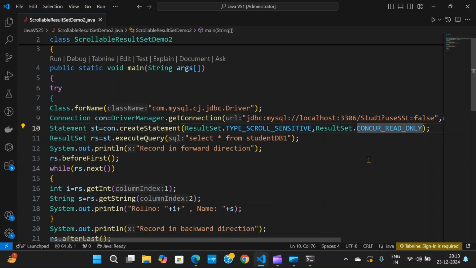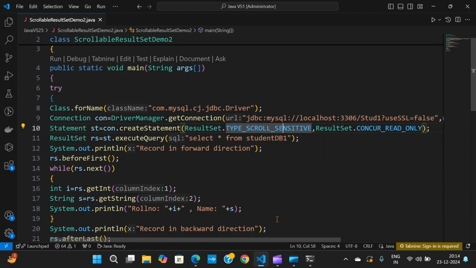If you want DML operations to be performed, you need to change to CONCUR_UPDATABLE. But here I am writing read only, meaning only the data can be viewed, that's all. Now when you talk about sensitive, sensitive means whenever you are inserting, updating, deleting, this DML operation should be reflected in your database as well as your result set simultaneously. Then we go for